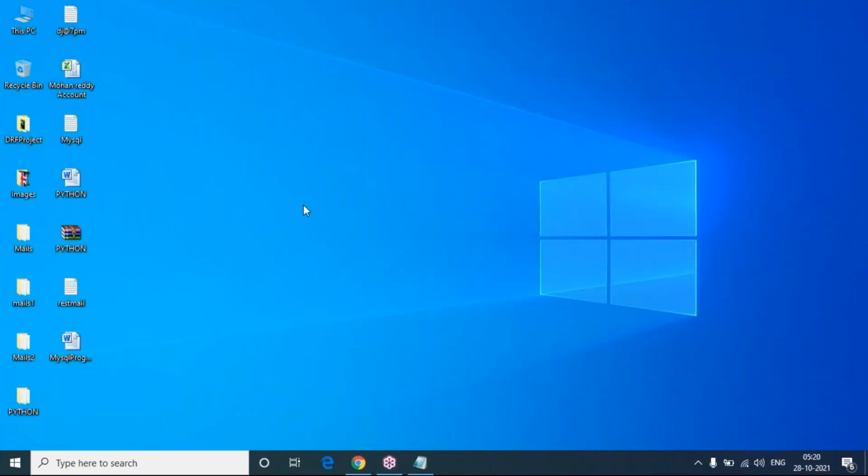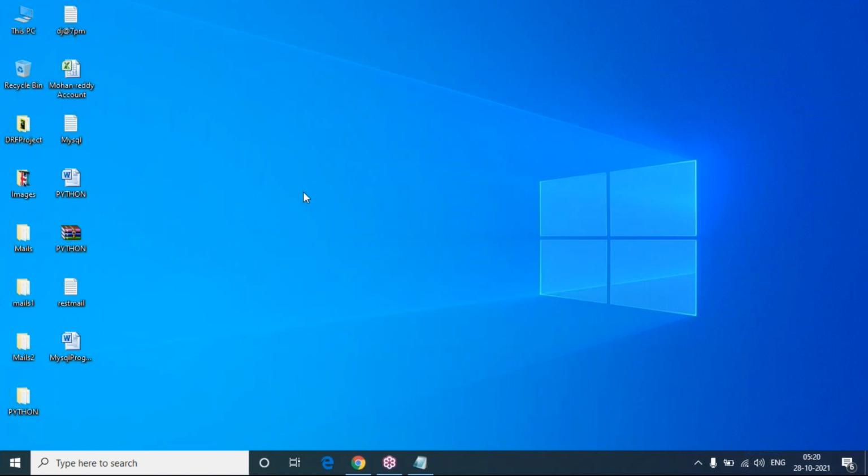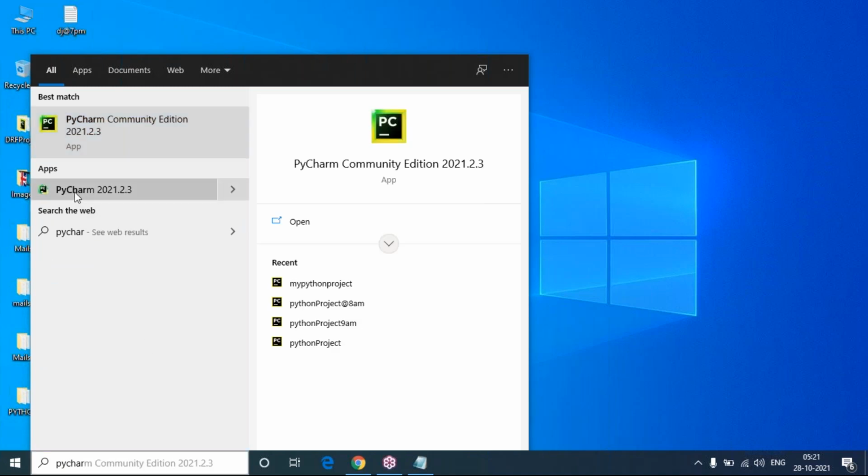Now I'm going to show you the PyCharm editor. Directly, I'm going to open the PyCharm editor. There, I'm going to create a Django project with an application without passing any commands. In the last session, what I did was open the command prompt and mention django-admin startproject with the project name. After that, python manage.py startapp with my application name. But I don't want to do all these things now. I'm opening the PyCharm professional editor here.